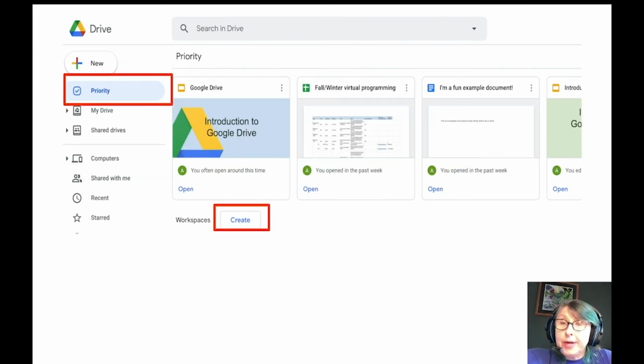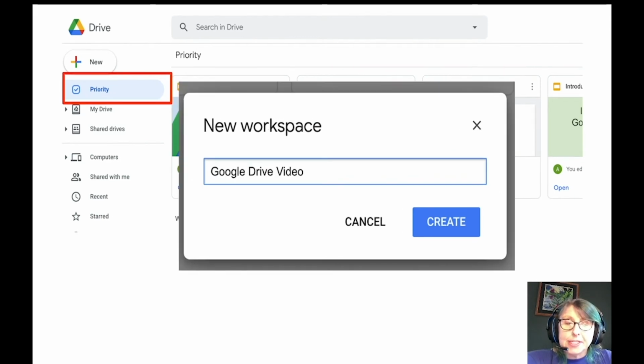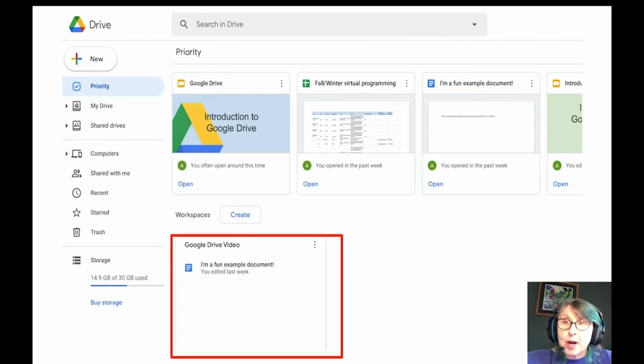So we hit create, and then the same kind of box shows up, just showing me it's a new workspace. So I'm going to click the blue, I'm going to name it, and then I'm going to click the blue create button, and you can see in the square at the bottom that my new Google Drive video folder